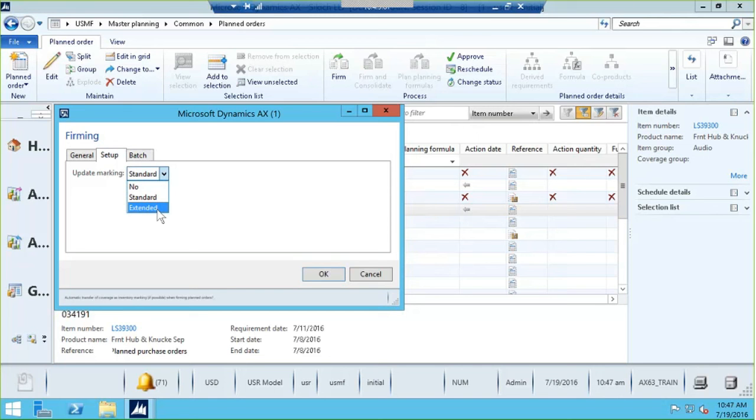The difference is not that the marking doesn't occur. The difference is the visibility. If I do standard marking for that big PO and I have a small demand, like a sales order needs 10 and I'm buying 1,000, then the sales order gets the marking all right. On the sales order I can see, okay, I have a PO coming. Perfect. Beautiful, because you get automatic physical reservation when the PO comes in. But the PO doesn't say anything. The PO says, well, standard marking, I'm a big PO, I'm coming in, I don't care. I have no marking. With extended, he would show, so the supplying transaction, and